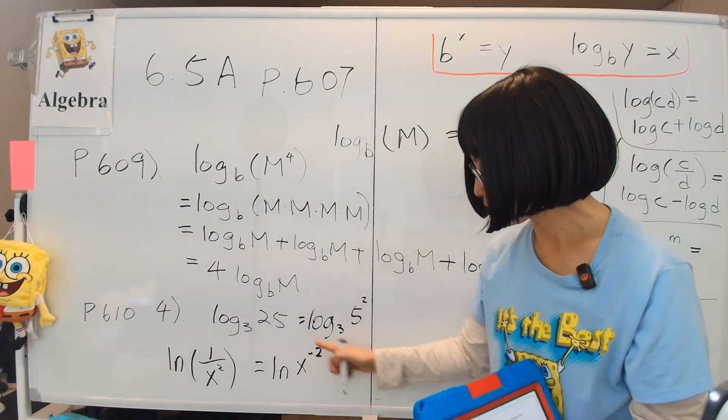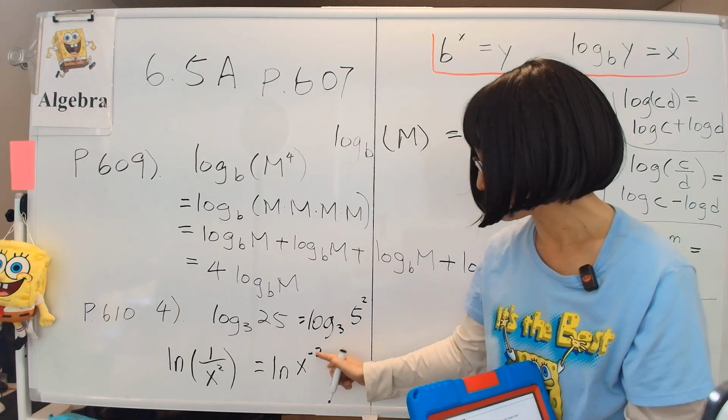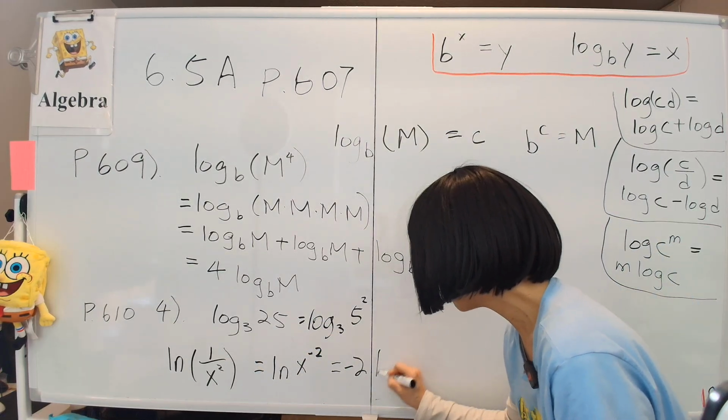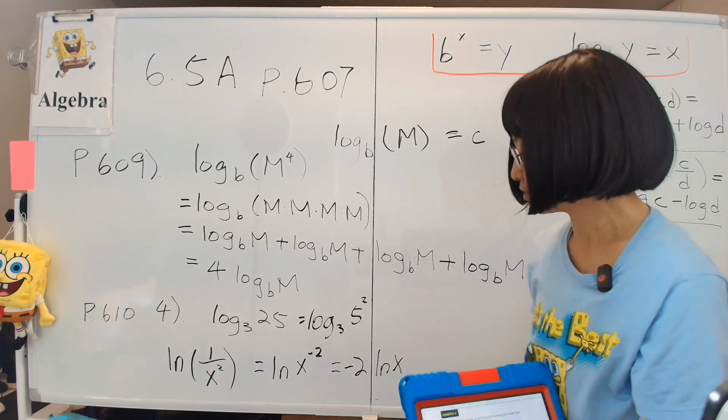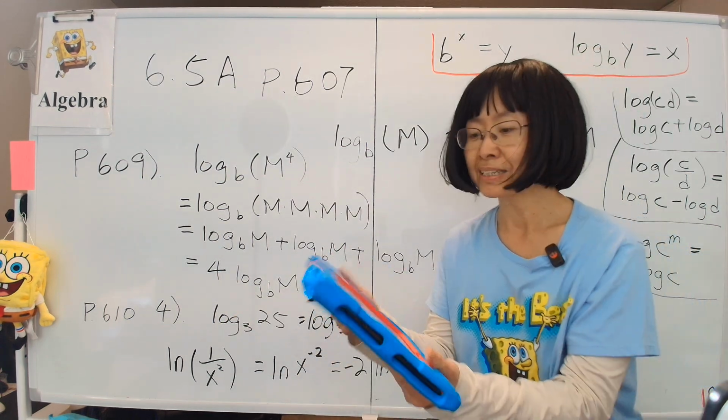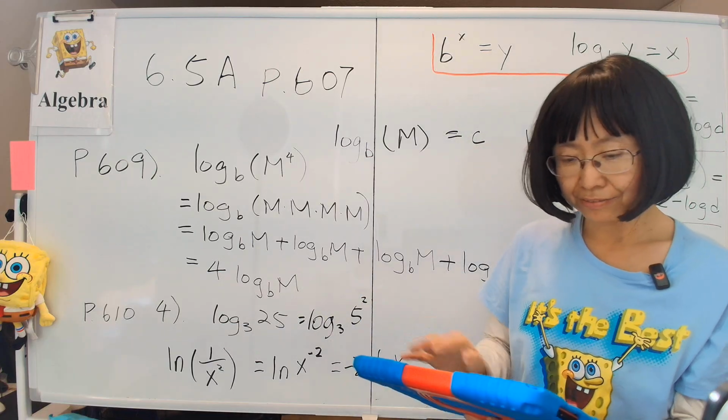Okay, and then you kick the 2 in front, negative 2 with the sign and everything in front, and this is equal to minus 2 natural log of x. That's the answer. Okay, so whatever's up there, we'll kick it to the front and call it done. So that's that. So next,